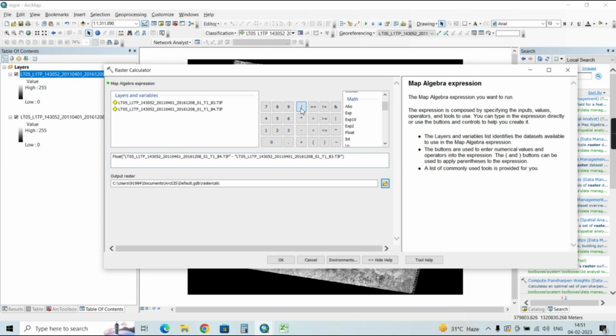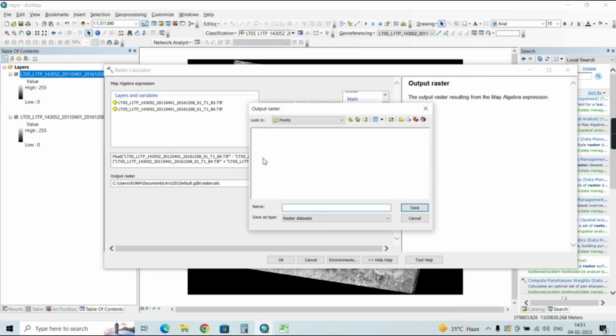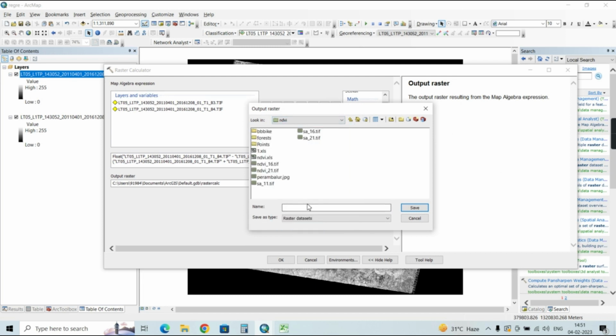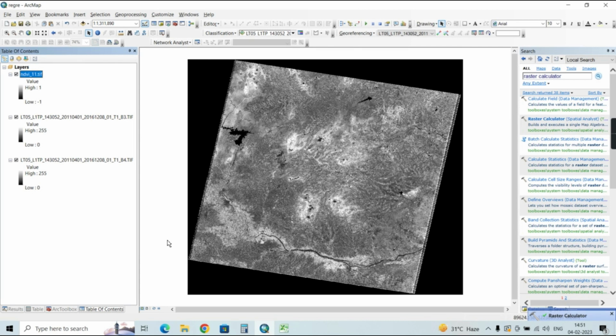Divided by, again you have to add the float operator here, float of band 4 plus band 3, and you can save it in your folder of interest. So let me save it in a folder. Okay, so let me save it here. Let me give the name as NDVI_11.tif. Okay. So as you can see here, we have got the NDVI data for